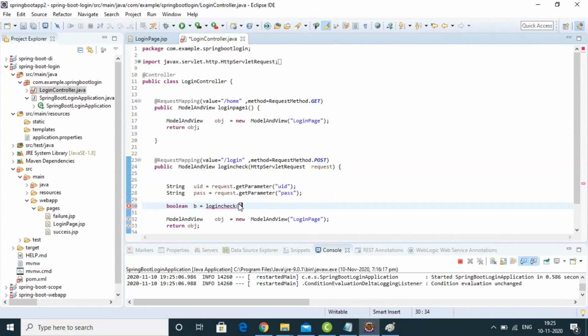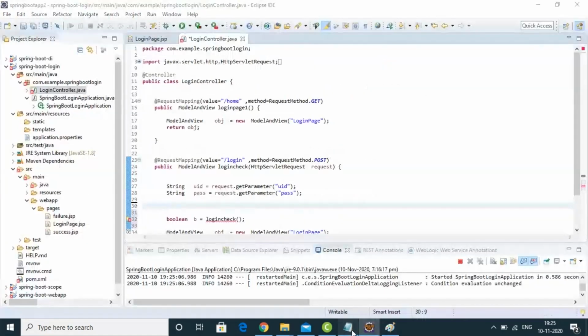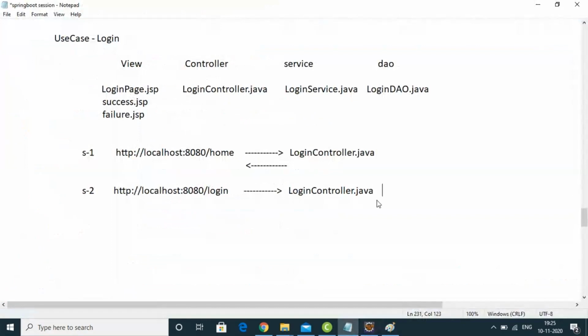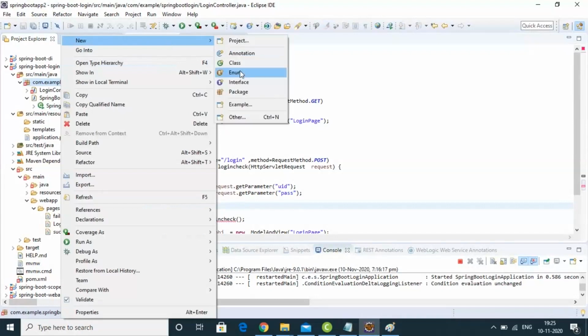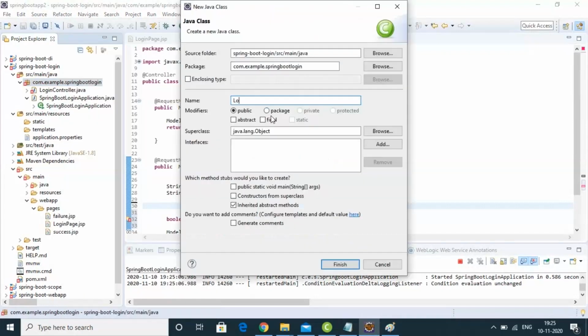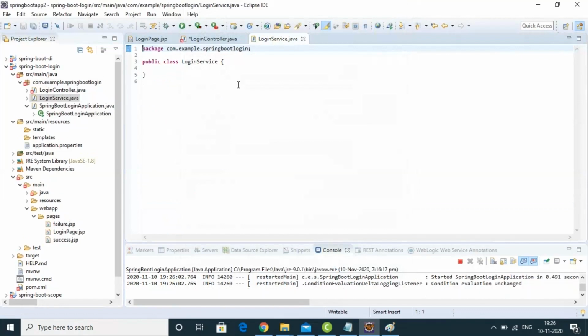So what I'm going to do is assume I have one class, because if you see here, the login controller is going to interact with whom? Login service, right? Login service dot java, that you're talking about here. So assume you have one class called login service dot java, and inside this login service dot java,